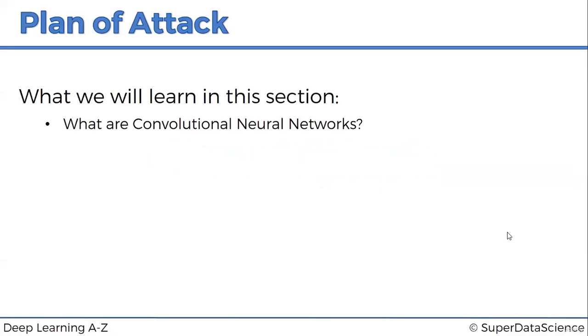What we will learn in this section. First of all, we will talk about what convolutional neural networks actually are. It's very important to understand the end goal you are working towards before you actually start working towards it. So we will hear about features, and we will have a look at a few little examples. We will compare the human brain to an artificial neural network in terms of image recognition.